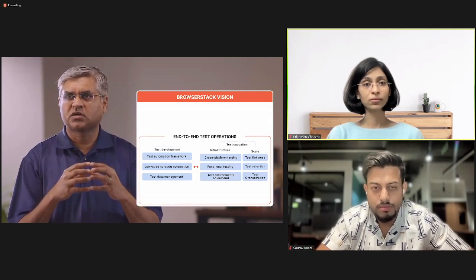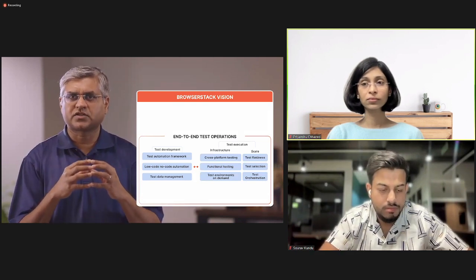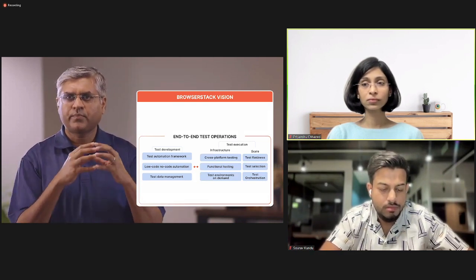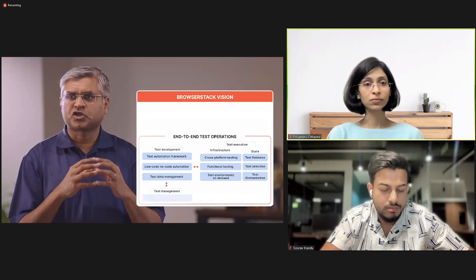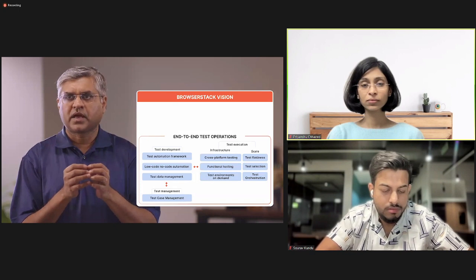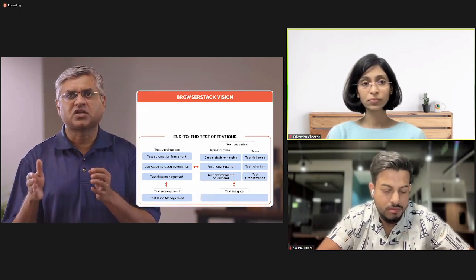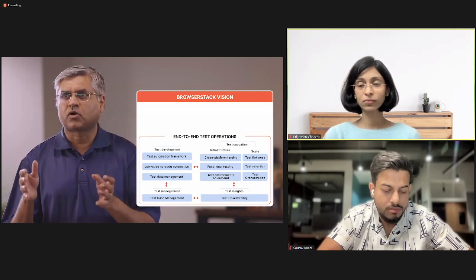It includes orchestration, test scaling, identifying the tough problems around test flakiness. And the repository of all test cases, which is our master data, test case management, is very pivotal in this journey. As once we know the test cases, we can provide very deep analytics and insights through our observability product.